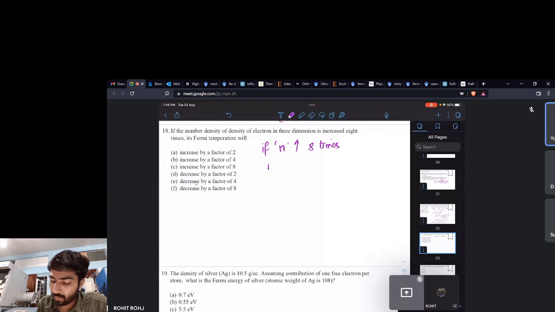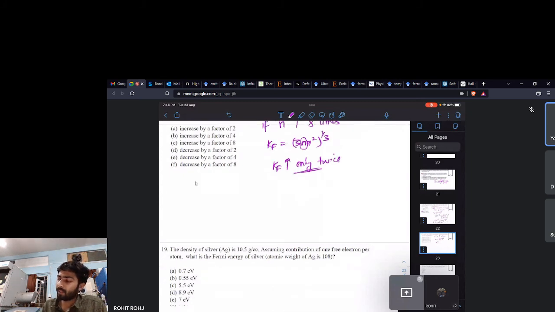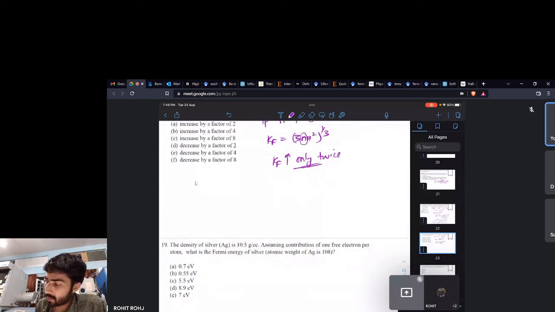Now since we know that kF is (3 n pi square) to the 1 by 3, if n goes up 8 times, the cube root of 8 comes out to be 2, so kF increases only twice. And since kF is related to the Fermi energy as h cross square kF square by 2m, kF squared would increase the Fermi energy by 4 times,